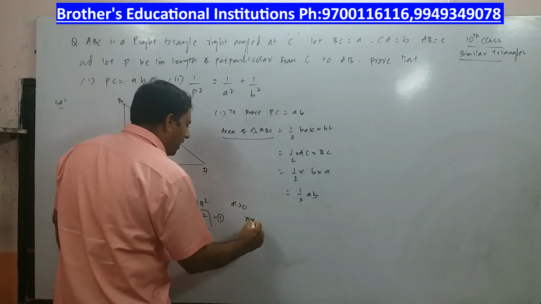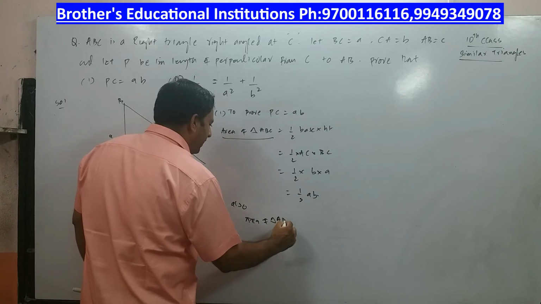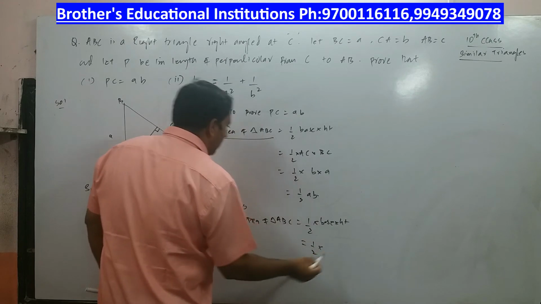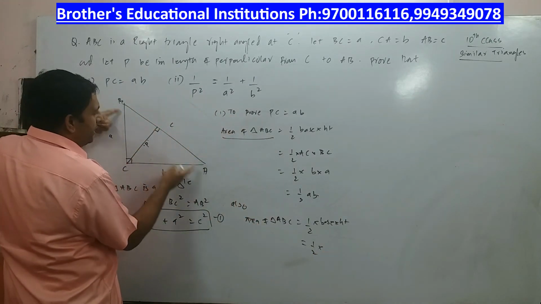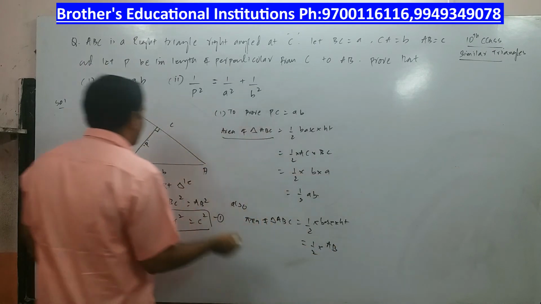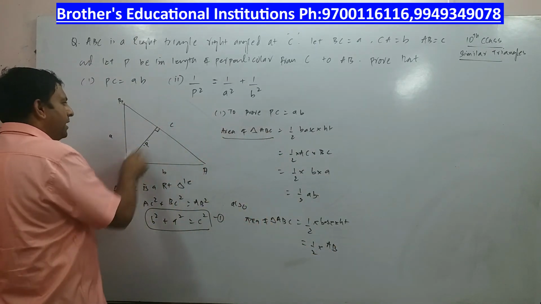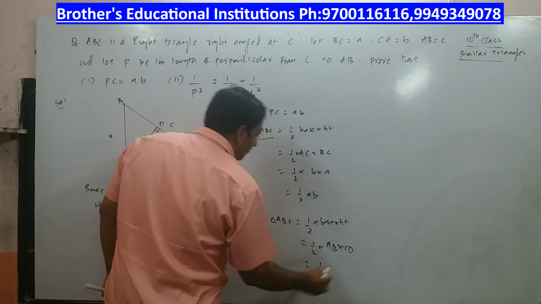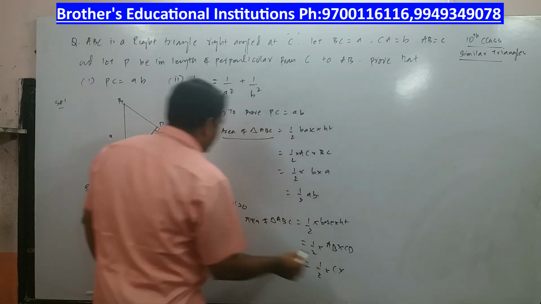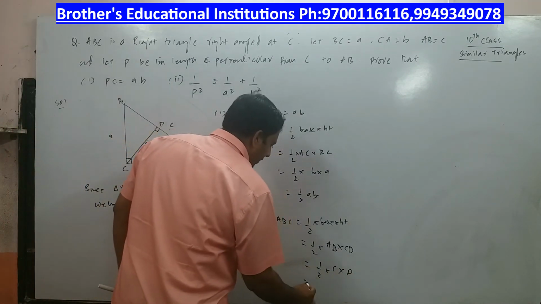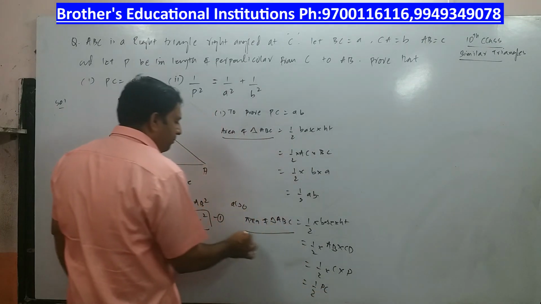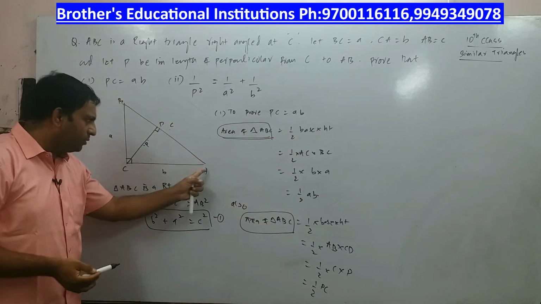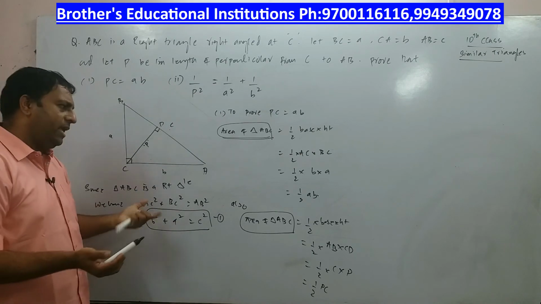Also, the area of triangle ABC I can find this way too. Half base into height. But instead of the base AC, if I take the base as AB, on the base AB the height will be the perpendicular. This is the height, let me call this CD. So it will be half, the base is c, and the length of the perpendicular given to you is p. So it is ultimately half pc. But the area of triangle ABC will not be different whether you calculate this way or that way. The area remains the same.